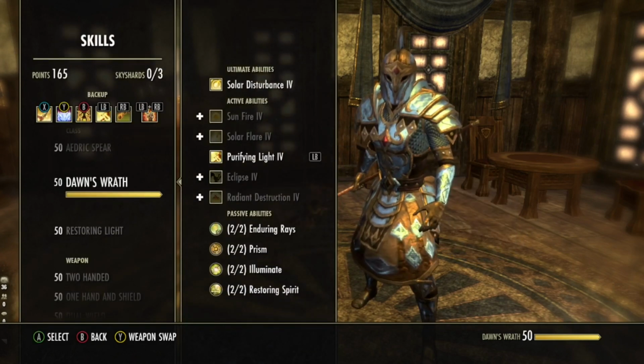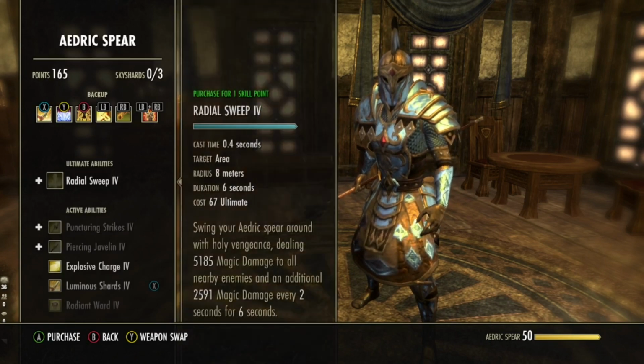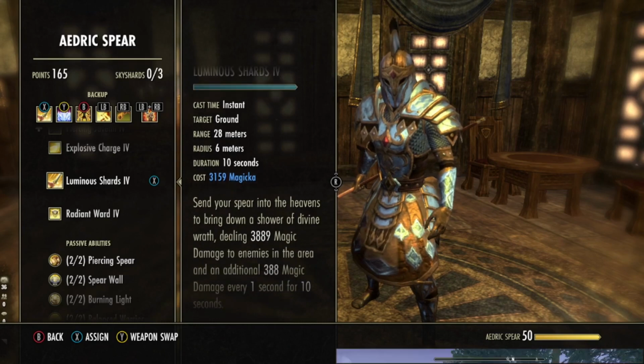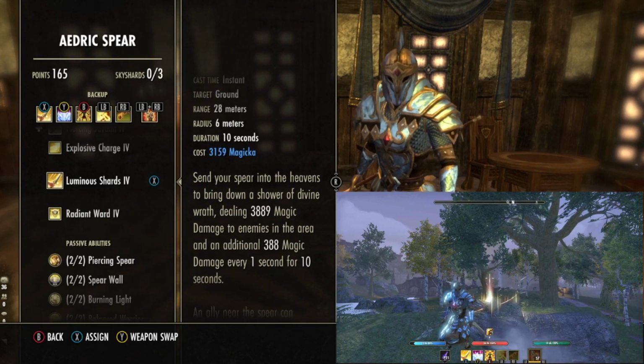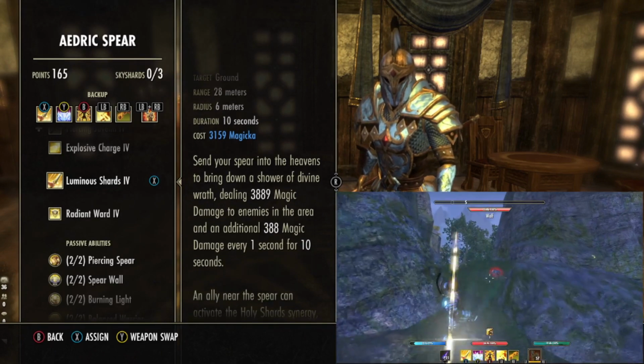Okay, let's go talk about our back bar weapon setup. So for our first ability here, we are in the Aedric Spear skill line. With the fourth ability to unlock, starts off as Spear Shard. We then morph it to Luminous Shards. This will send a spear down into a location, dealing some magic damage to enemies in the area. And then an additional magic damage every 1 second for 10 seconds, which is kind of nice to add a little bit of that DPS,